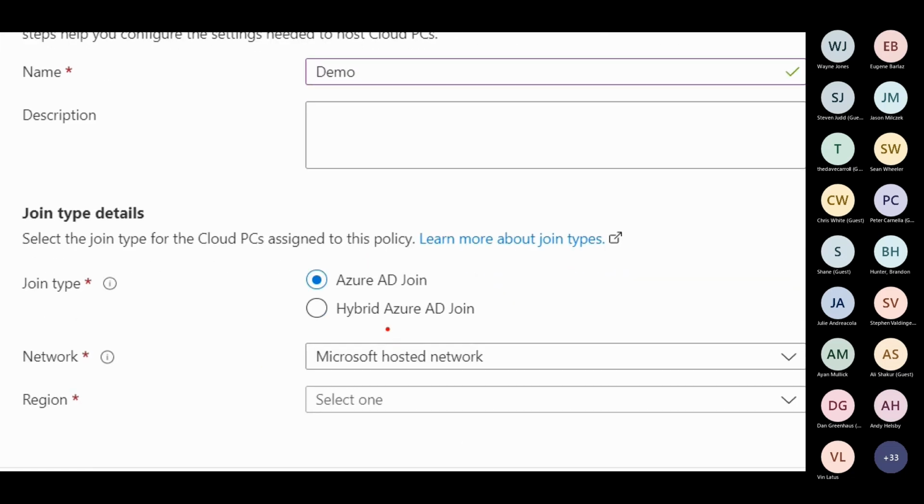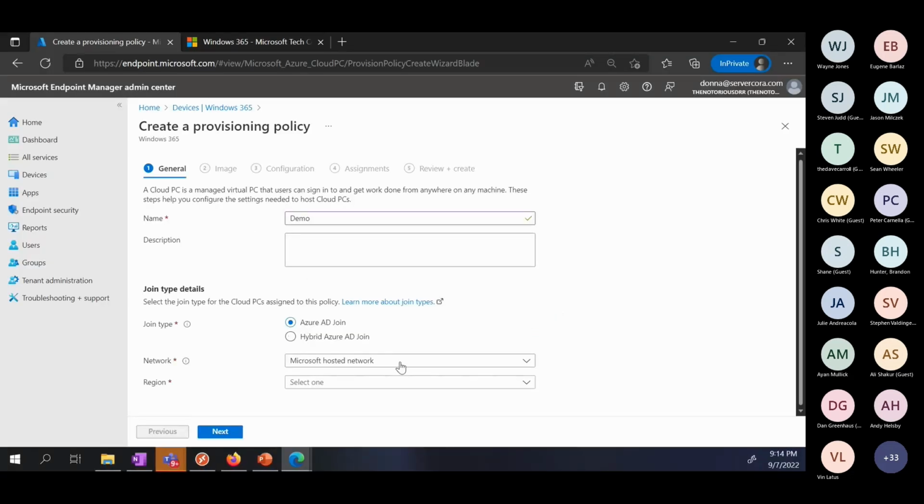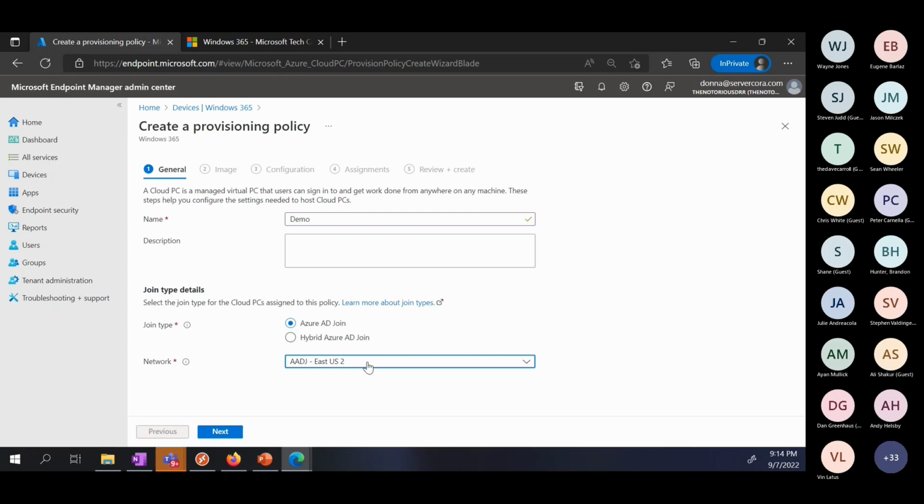And if we want to do Microsoft hosted network, we don't have to build the Azure network connection at all. We can just come right to here. If you need to use an ANC, you can go ahead and select one. Same thing essentially with hybrid. You just need to have an ANC that's passed the health checks. And we do have health checks that run, we can call it a watchdog service, that's checking to make sure that URLs can be resolved, and DSC scripts can be run, and all sorts of configurations are suitable. So if you've got a hybrid one that's passed, then it should show up here.